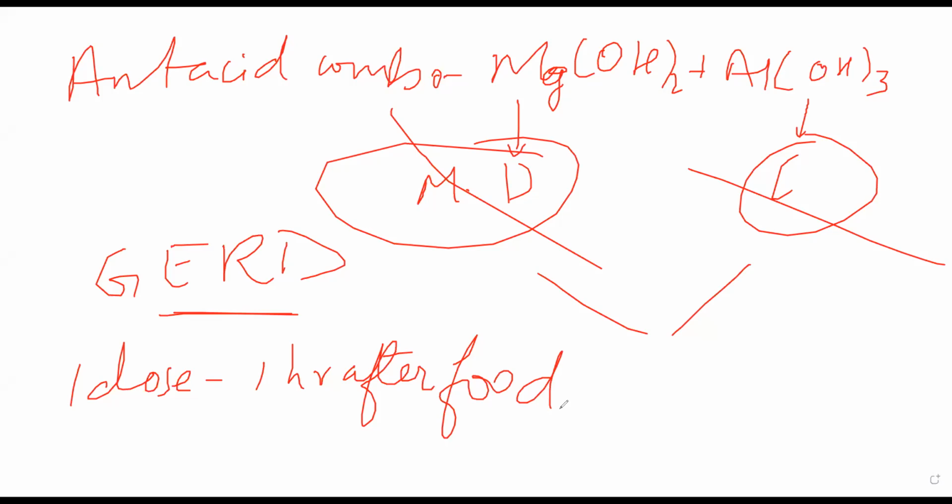After you eat food, that food is generally reacting with the acid in your stomach, and that acid is being used up a little bit. Okay, and as the food starts going down into your intestine, after 1 to 2 hours, you give this dose of antacid. So whatever excessive amount of acid is left, only that will be dealt with by the antacid. So it will exactly act on the hyperacidic part. It will not act on the normal acid part. Okay, so that is the usage of antacids, how you use it judiciously.